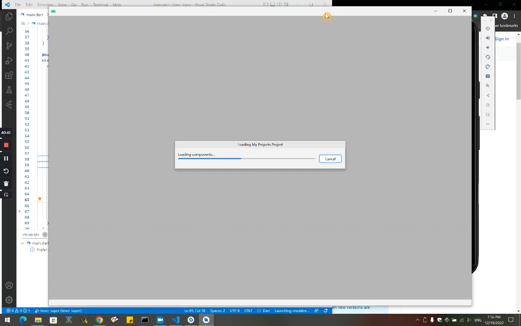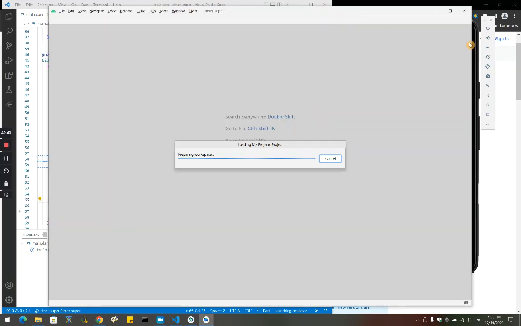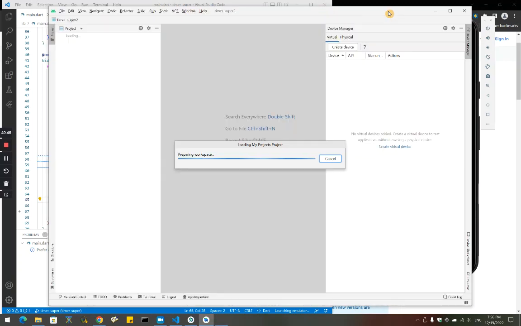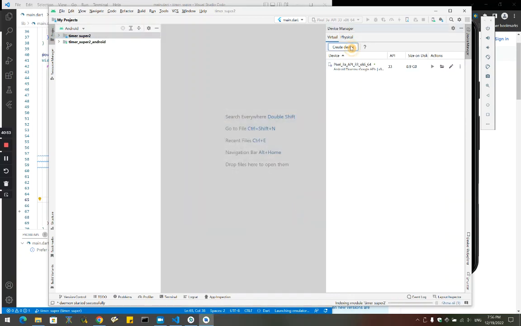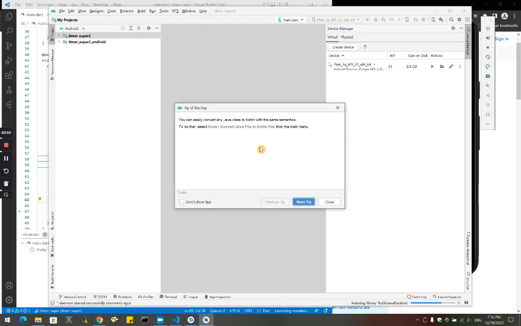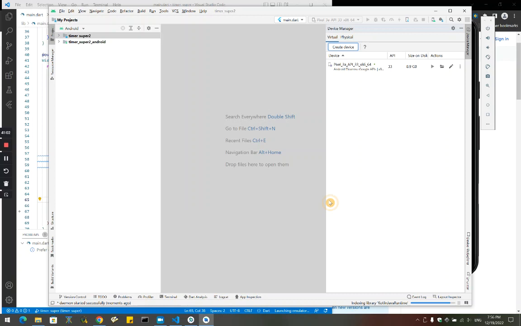Okay, if you have a slow laptop or desktop computer, you can create one from device manager. You go to device manager, then close, go to device manager and create